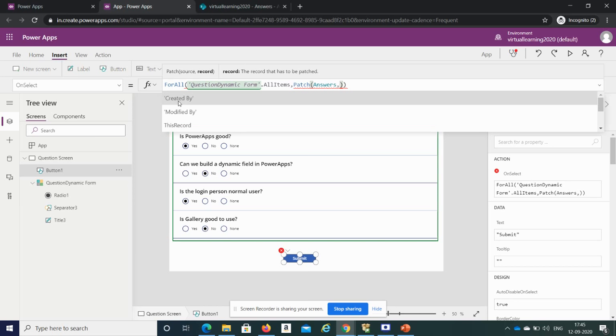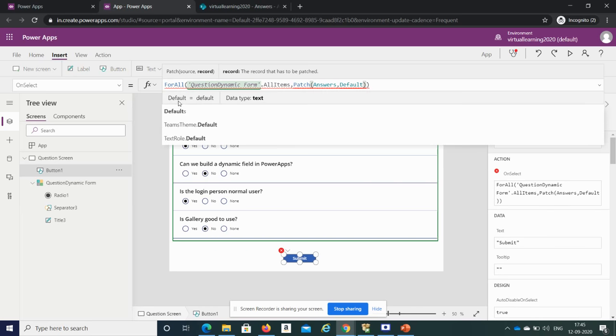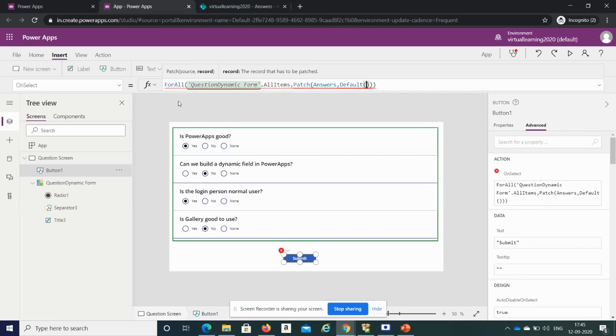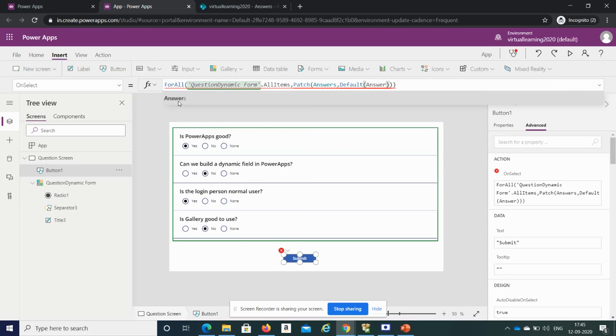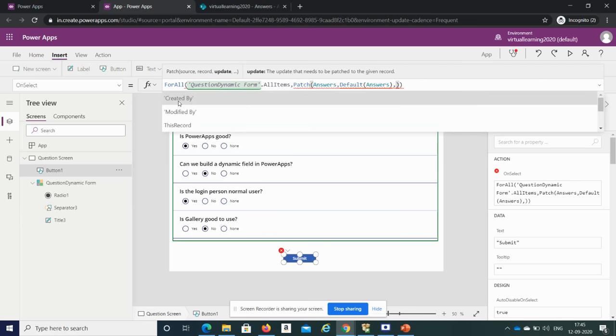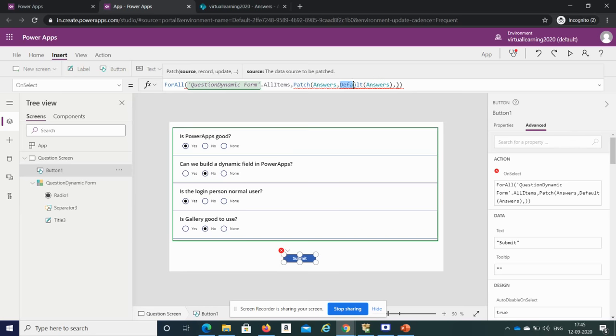As we are creating a new record, we will give default, and under that answers. So it will create a new record. Now we have given the database source name, and in this parameter we have given that this will be a new record which we are going to create. We are not going to update any existing record.